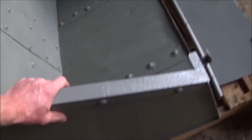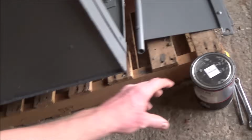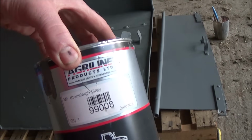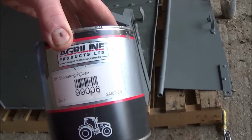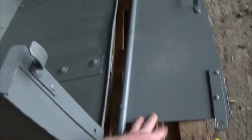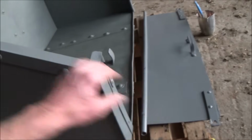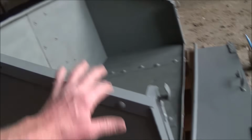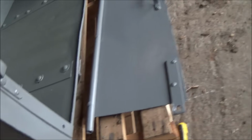and I put that on the inside, but I wanted to finish it in a nicer colour on the outside, so I've actually gone for the old Fergie grey Agriline can. Hopefully I'm not going to spill this one like I spilt the other one, Stoneleigh Grey, look. And I'm just going to give it a second coat on the sides and on there. I've done, and at that point needs a second coat as well. The inside's fine. I don't want to spend too much more time on it, but